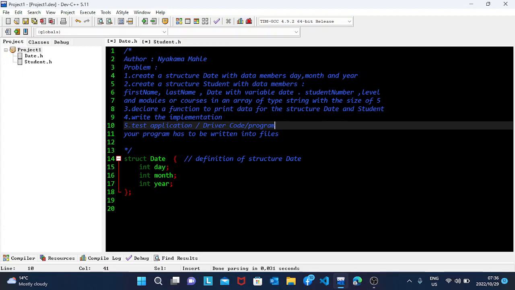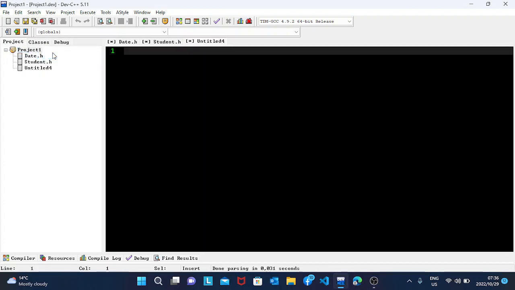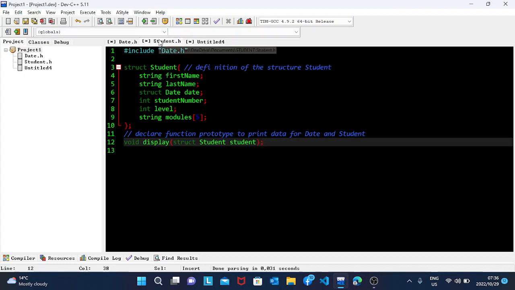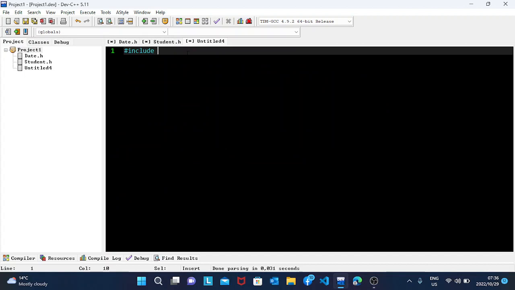Okay, so now I'm doing number 4. I'm writing the implementation, so I have to add another file. In this file I have to #include the content of this file. You see, now the content of this file has the content of this file also. So I'm not going to include that file date.h. I'll just include this file student.h,